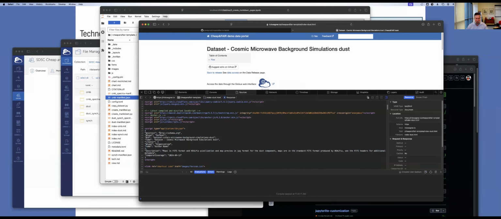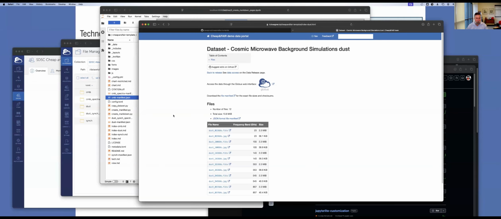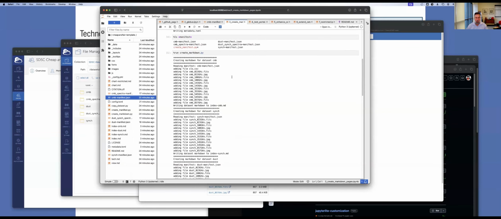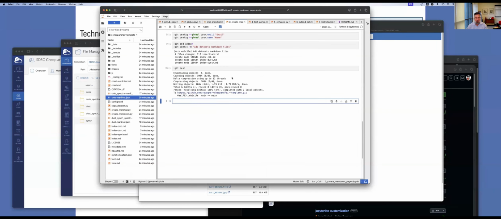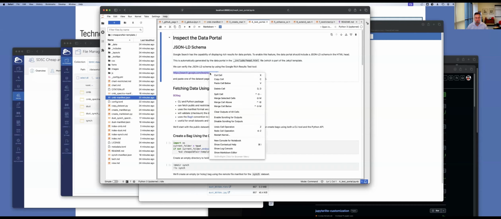And so here's our JSON-LD with its reference to the schema.org metadata standard, and the blanks that I really should fill in about author name and stuff like that, and when things were generated. So going back to our to-do page, let's test the portal. We've already looked inside, but what we can do is